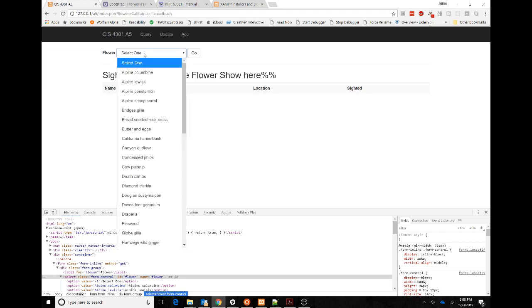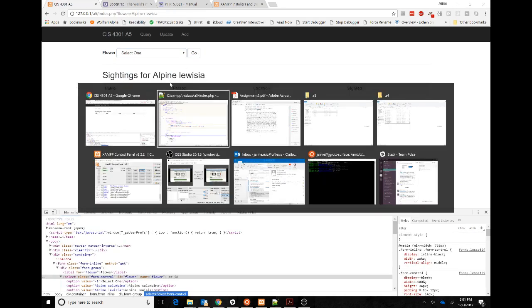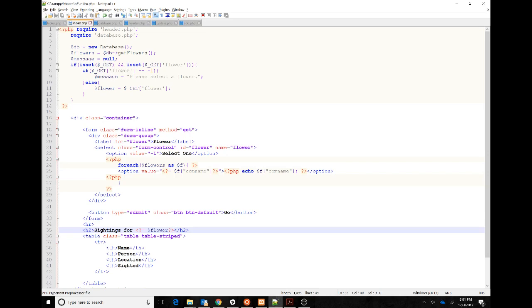So I'm going to collect. Go. Oops. Go. Right, so it works there. Okay, so we're able to get the flower from the query, so that's good. Next, we need to get the flower from sightings from the database. Before that, I can do one thing. I'm going to add here some